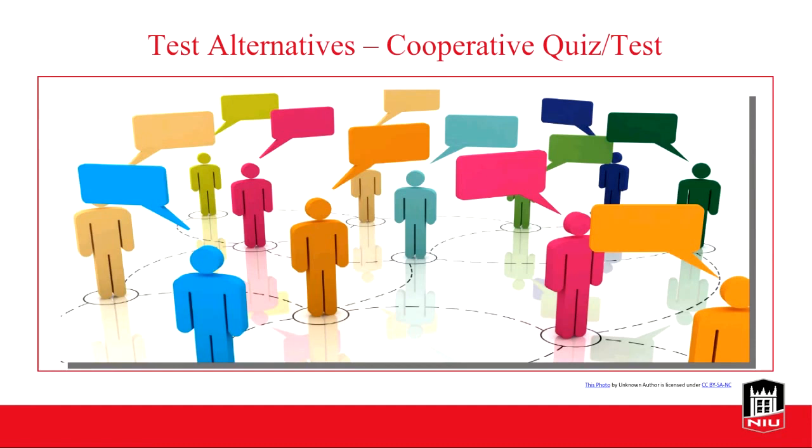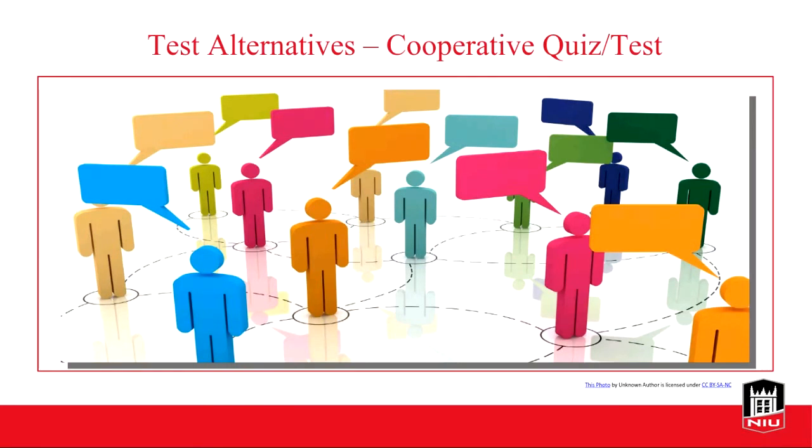Another option would be the cooperative test or quiz, which basically means that students collaborate on the assessment. There are two ways to conduct a cooperative or a group quiz. First, students could collaborate while taking the quiz or test. So students would need to negotiate amongst themselves which answer is correct and explain to each other why. If one student doesn't know the answer, they would learn from discussion with their peers. The group would then need to come to a consensus on each answer, which would require them to discuss the